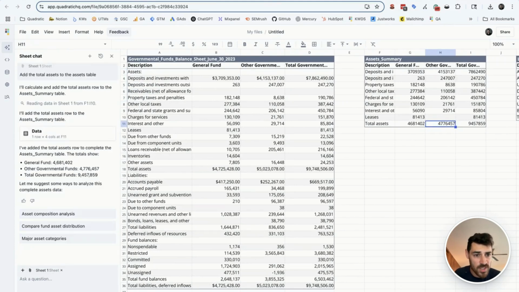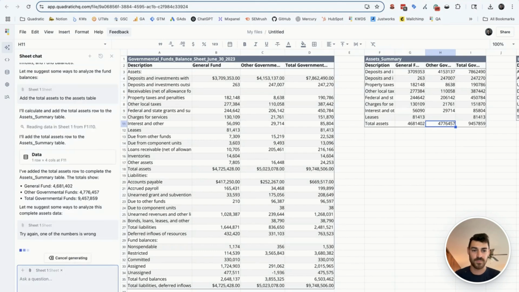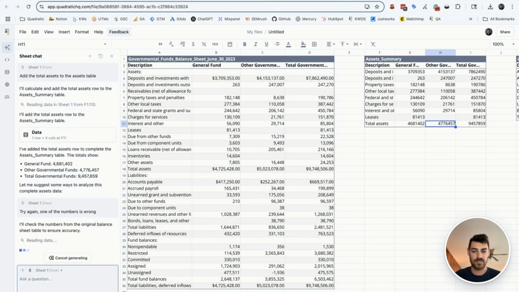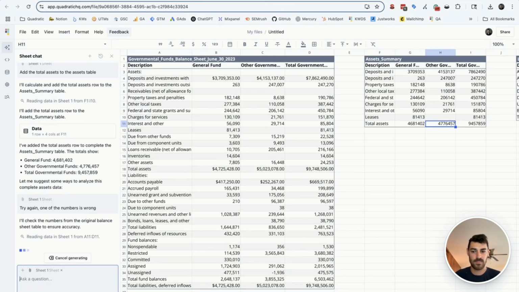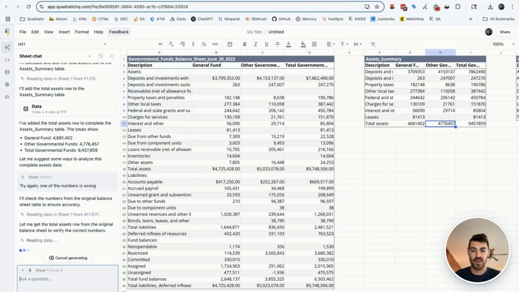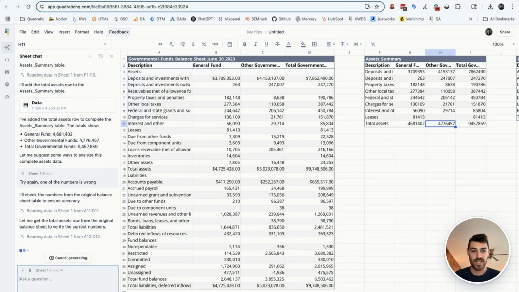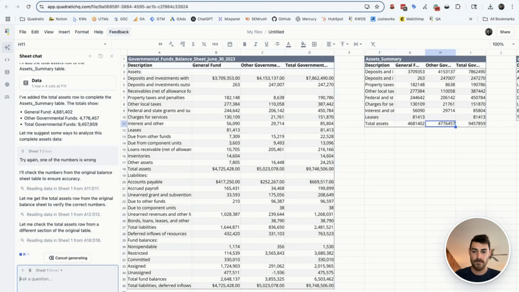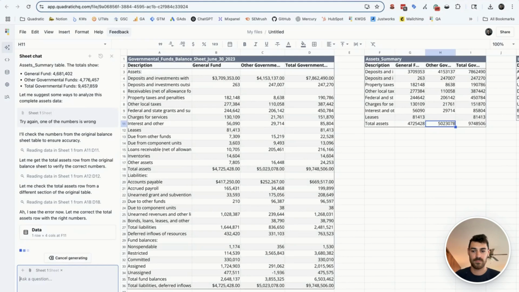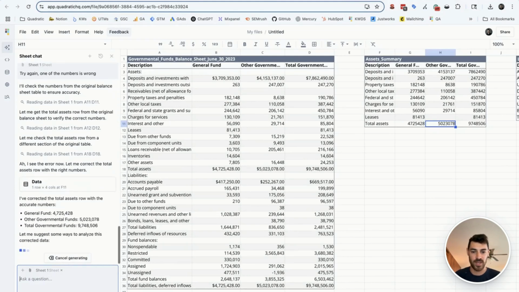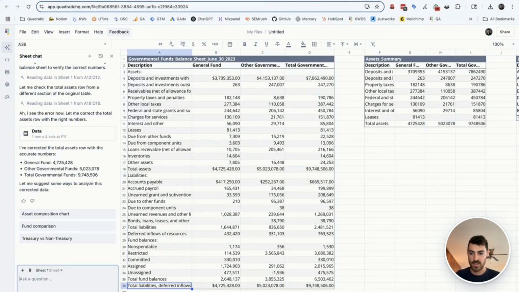That unfortunately looks incorrect. So we are going to ask it to try again, because one of the numbers is wrong. Interestingly enough, the AI is now actually referencing the initial PDF to pull in this data more accurately than being able to see it from its own table here. Okay, got its mistake, and there we go. And then it looks like we are still missing